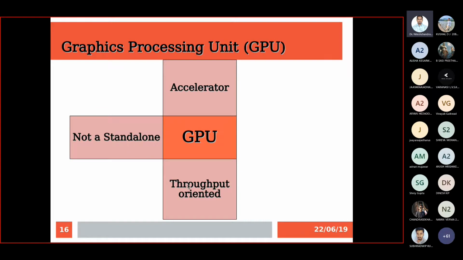Next is throughput oriented. I'll give you one simple example of what we mean by throughput oriented, and we'll play a small video of a couple of minutes, so that will give you a clear idea about what we mean by a throughput oriented device. And finally, it acts as a co-processor, meaning the main driver of your system is still going to be your CPU, and the GPU acts only as a co-processor, supporting your CPU, because it will handle only computationally intensive tasks. The rest of the traditional jobs will be handled by your CPU, which is going to be the main driver of your system.